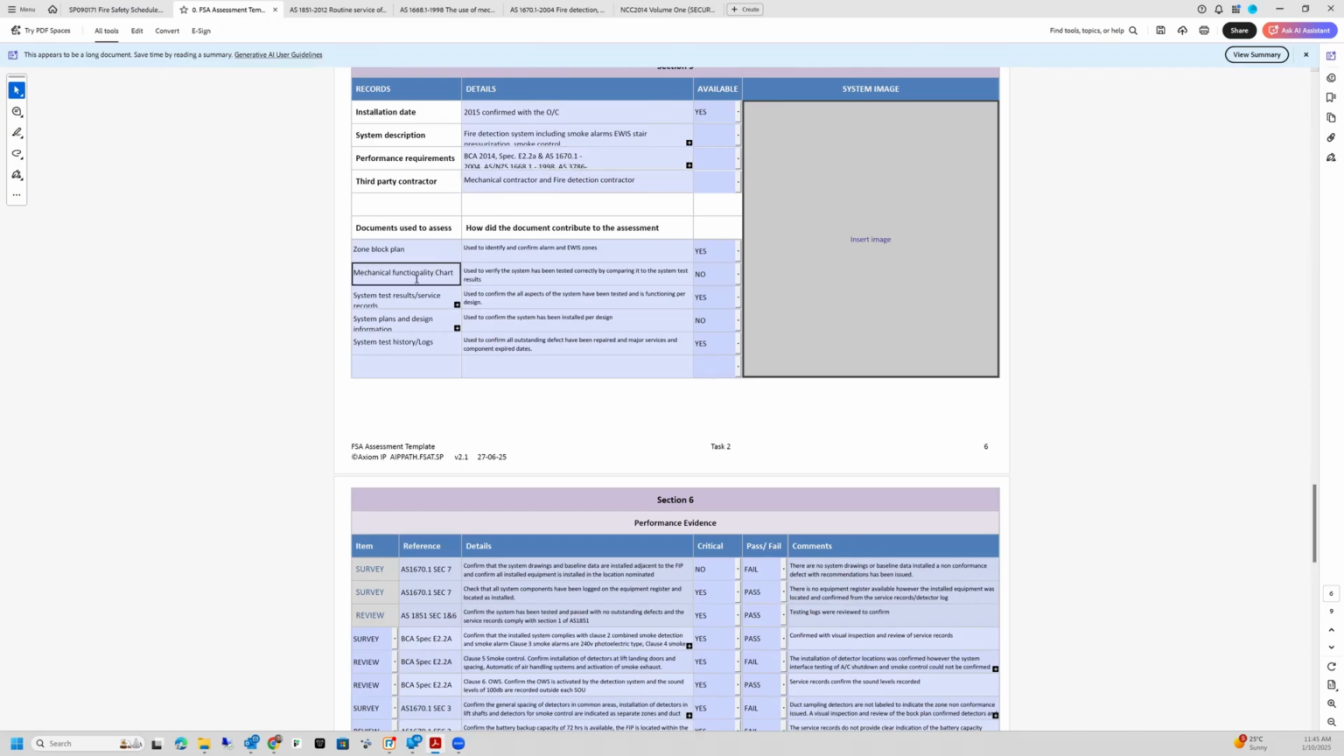I need a zone block plan, mechanical functionality chart, the test system results or the service records, the system plans and design information, and the system test history and logs. And the reason I put that there is because, although most of our service records, and technically under today's standard as of today, 1668 isn't yet legislated. However, what else do you use in order to confirm operation and functionality? So the history logs would indicate any outstanding defects